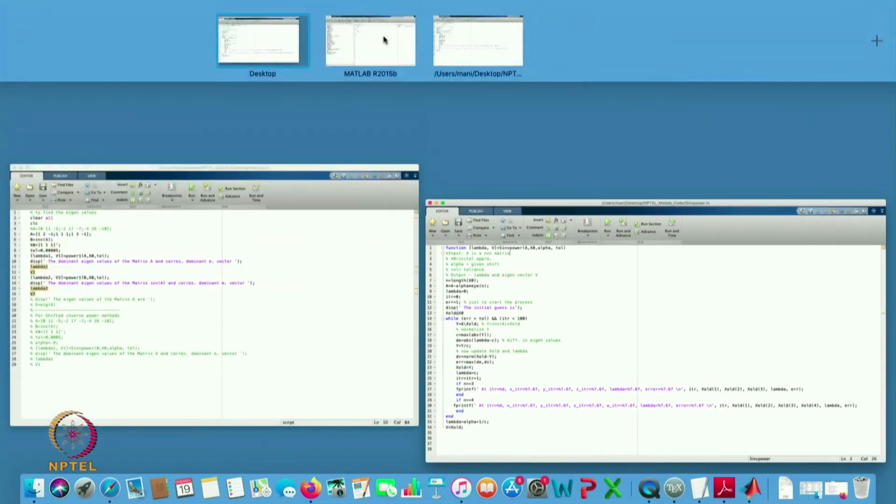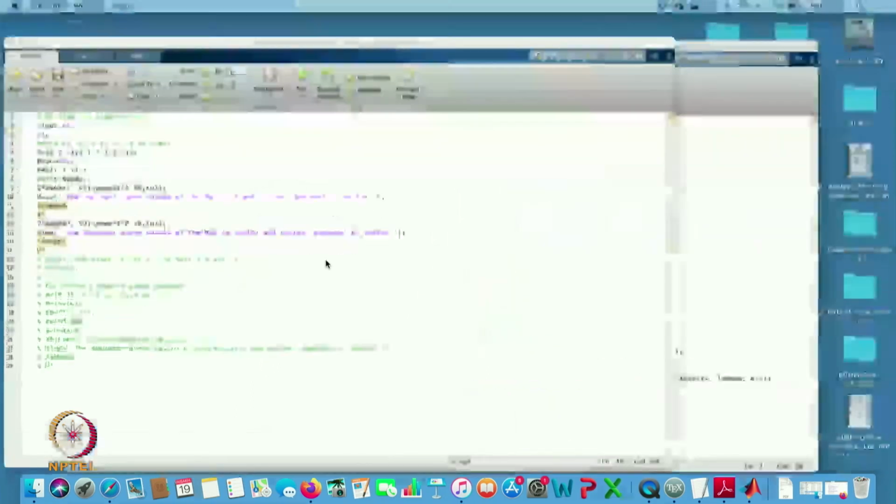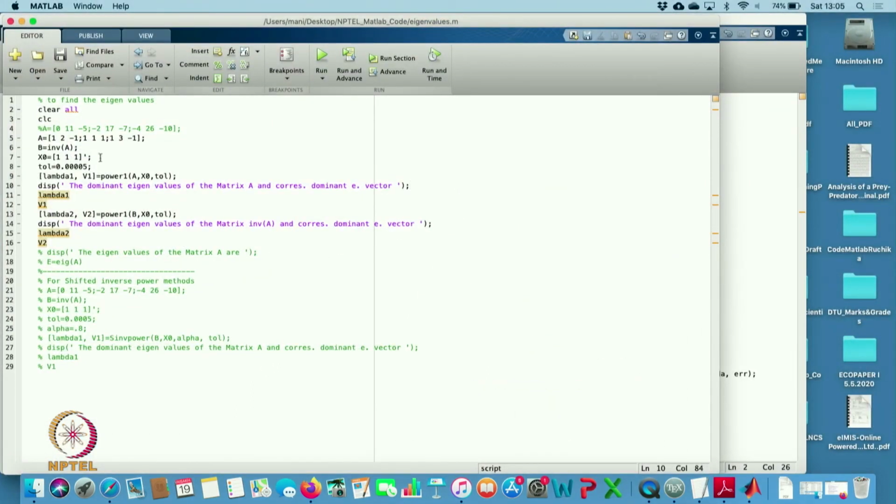So, let us start. Now, I will take this matrix first. If you remember, I was able to get the maximum value 2.6 and the minimum value 0.3, and only in between there was a value of minus 2.0. So, that I want to find.